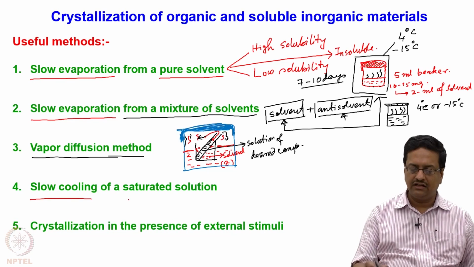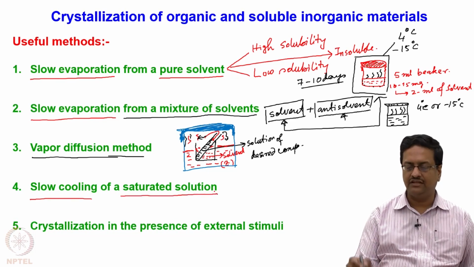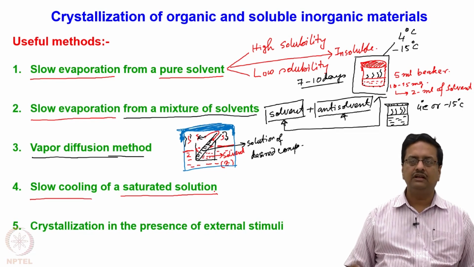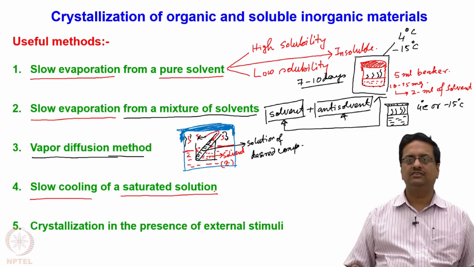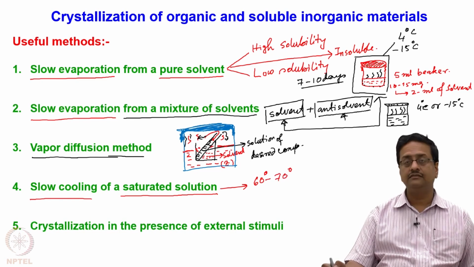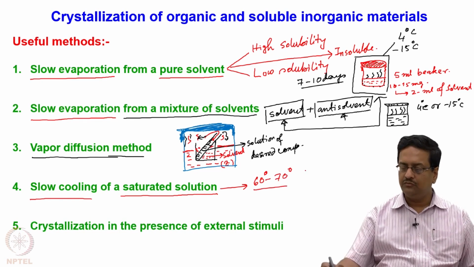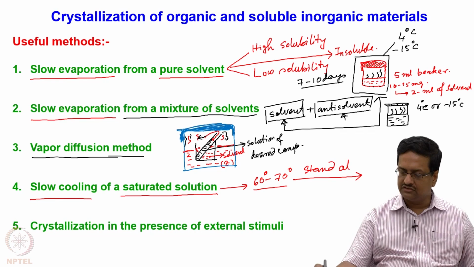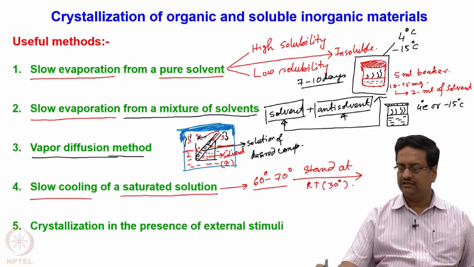What you might have done is you might have made a saturated solution of the compound in a test tube by slowly or rapidly evaporating the solvent and making it saturated at elevated temperature, maybe at 60 to 70 degrees centigrade, and then you might have left it on the rack, standing at room temperature, which is about 30 degrees centigrade,